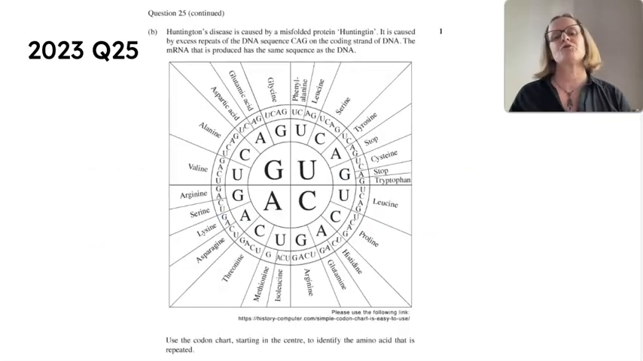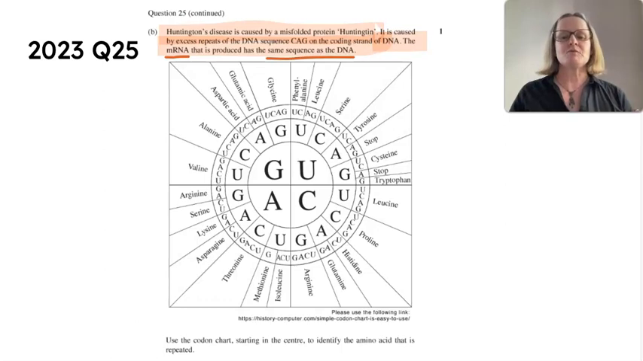So we're moving into more module 5 territory here, and you'll probably recognize the codon chart. So don't just jump straight into the codon chart, read the question. So Huntington's disease is caused by a misfolded protein called huntingtin. It is caused by excessive repeats of the DNA sequence CAG in the coding strand. And then this is important, this last bit, the mRNA that is produced has the same sequence as the DNA. And that's important because you're going to be asked to identify the amino acid that is repeated. So you're going to use this